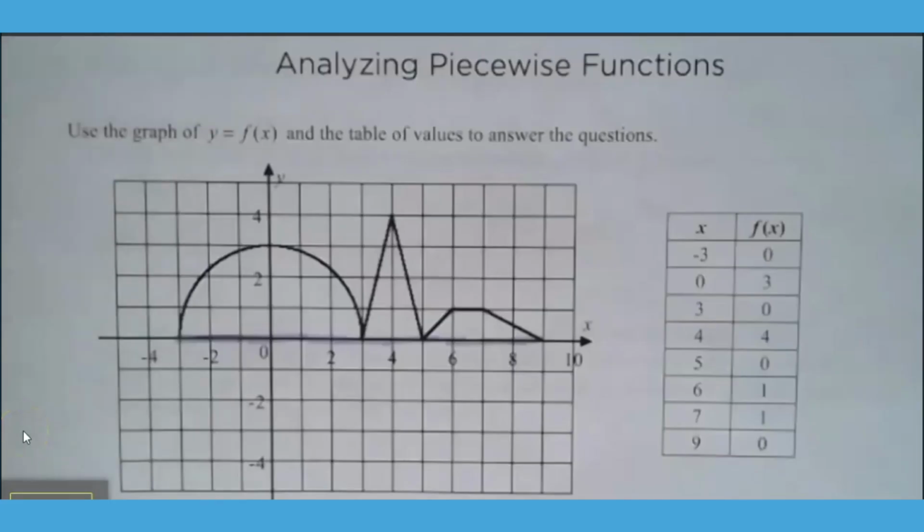Hi, we are going to take a look today at the activity Analyzing Piecewise Functions. This is a fantastic activity to do within the area unit because it calls on students to remember their knowledge of basic area formulas for area of a circle, triangle, trapezoid, rectangle,